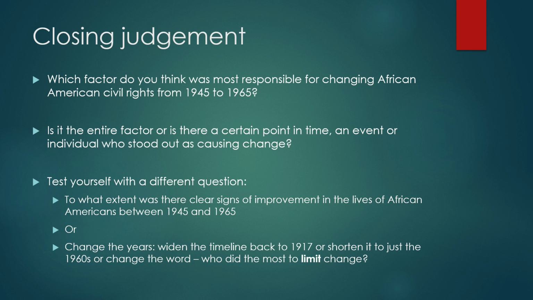So, for instance, you could initially say it's Martin Luther King Jr. So he's there in the mid 50s up to the mid 60s doing a lot of action. But is he actually the one making success? He's not really a key figure after the Second World War for about 10 years. And he has got some setbacks. Albany was a clear setback for him. And between Montgomery and Birmingham, what did he really do? Was there any real key actions there that caused change?